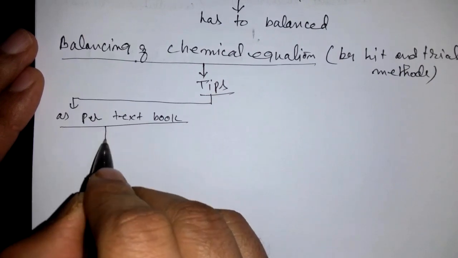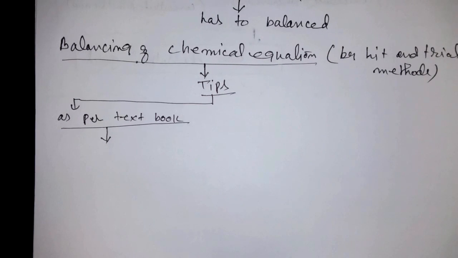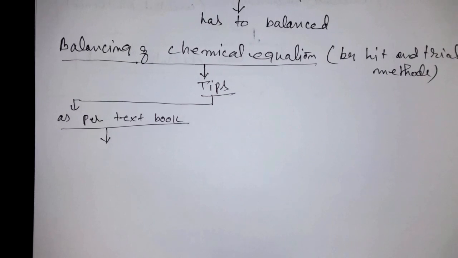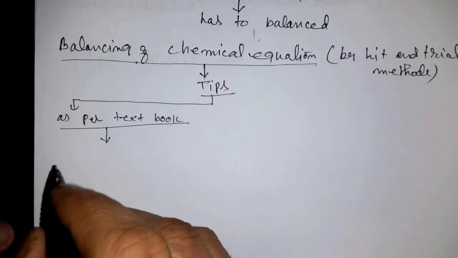If you want to do balancing, then you start balancing from that formula which is more complex. That means you start with the formula which contains the largest number of atoms. So as per the textbook,